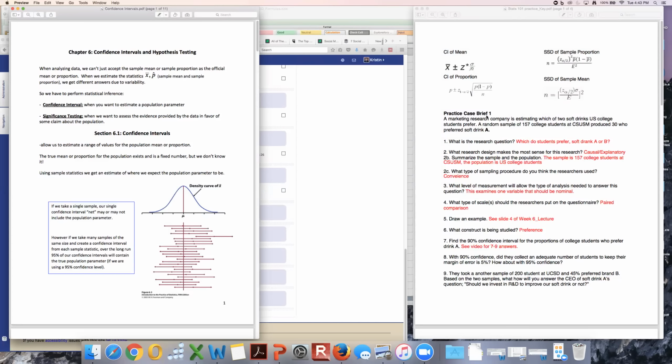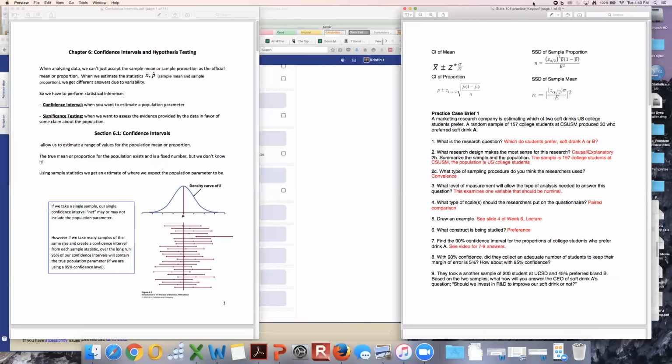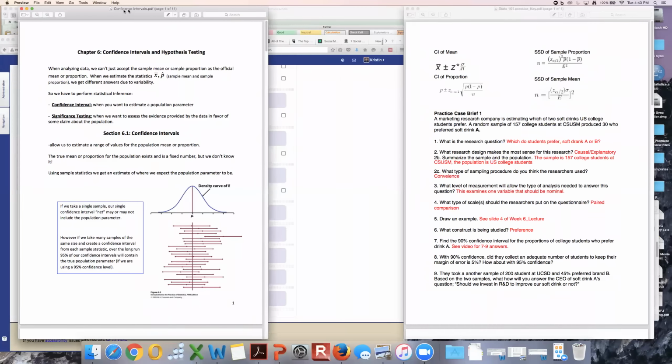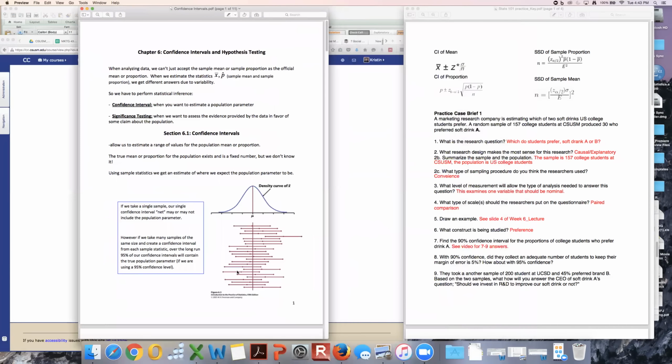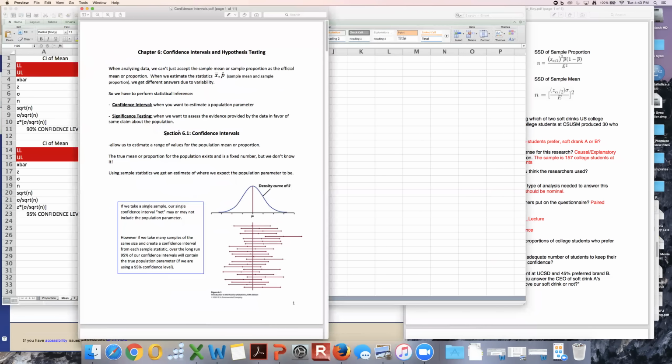So over here is where I've got my actual homework assignment. This is the week 10 readings posted, and this is the spreadsheet that I provided for you to help you calculate these values and just understand where they come from. We're going to talk about each of these statistics later, but really I just wanted you to get an understanding that